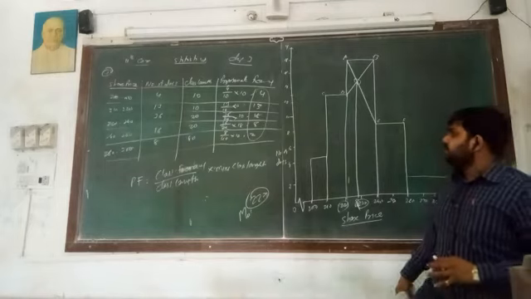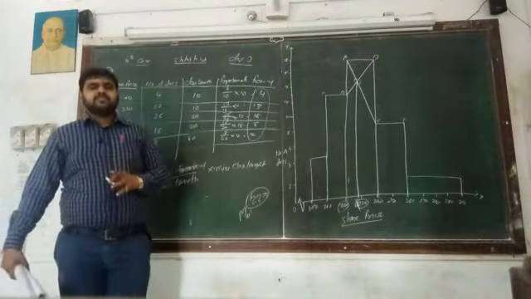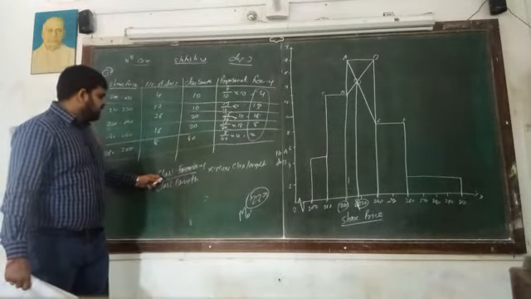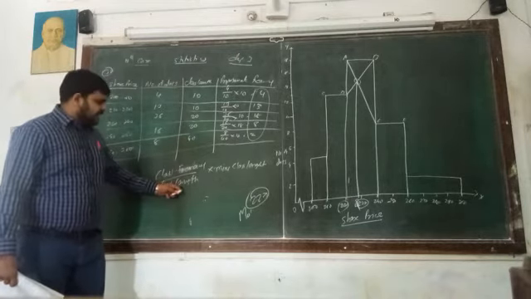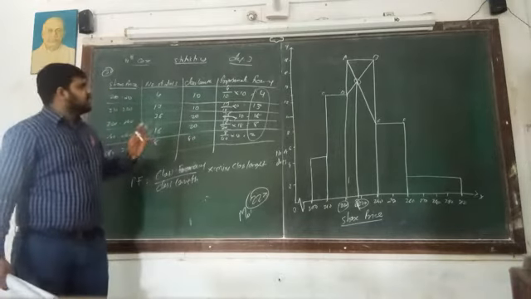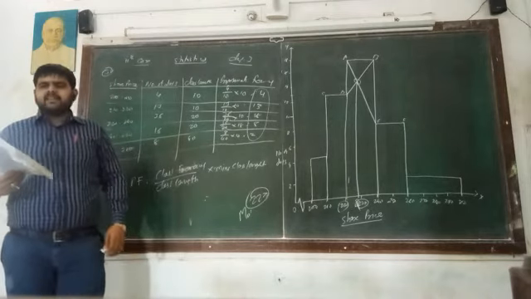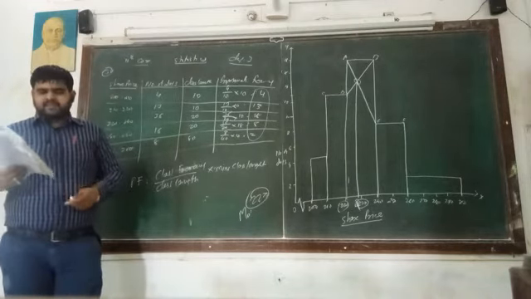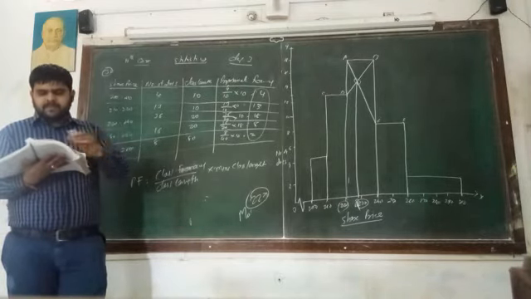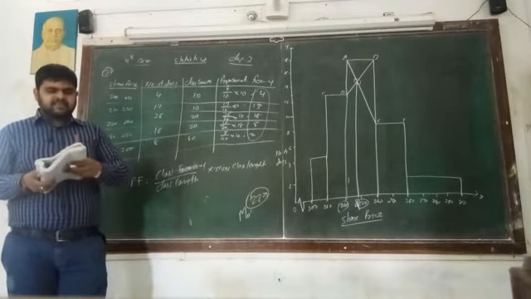So in this way, we can find out the mode with the help of graphical method. What is new in this particular thing? New is proportionate frequency is equal to class frequency divided by class length multiply by minimum class length. Okay, so this is example number 38. As well as next, advantages and disadvantages of mode is there. So theoretical part is there, so we have to discuss, and then only one example is remaining to complete this chapter, and that is example number 39 that we discuss in our next lecture.